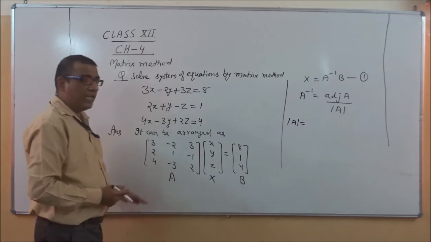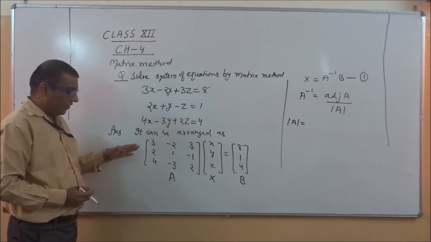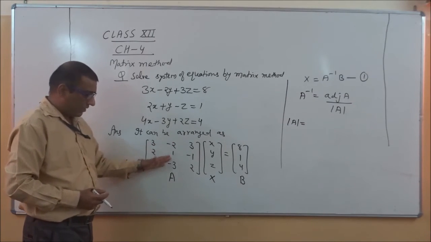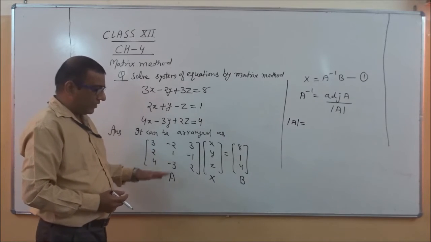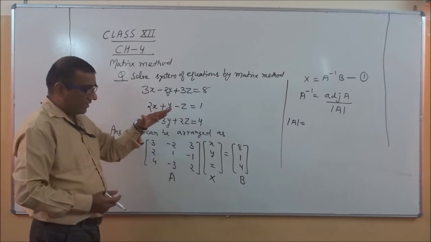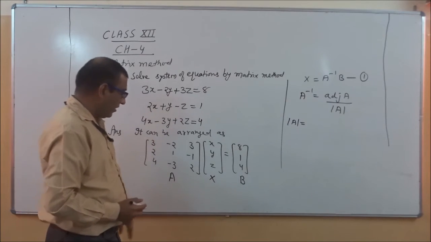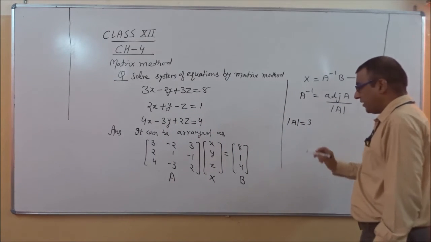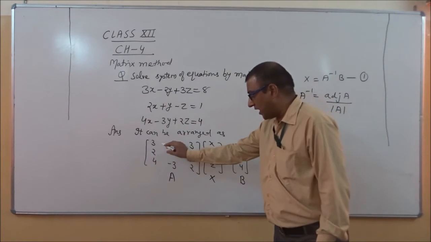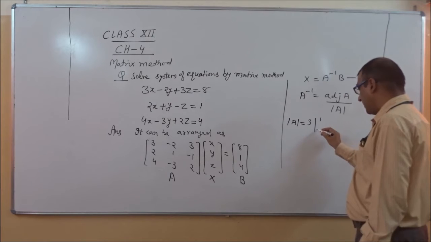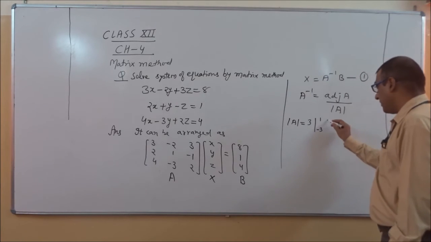As we know, as per exercise 4.1, we will go with the signs plus, minus, plus, and then alternate signs are there. So I am continuing with the expanding method, expanding along R1, and calculating determinant A. Please pay attention. First we will write 3. 3 lies in the C1 column and R1 row, so the other elements will come. So I write 1, minus 3, minus 1 and 2.